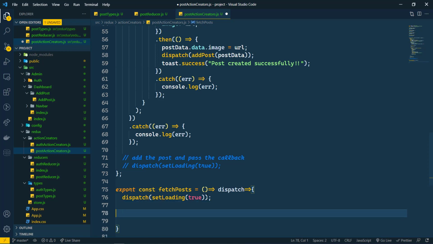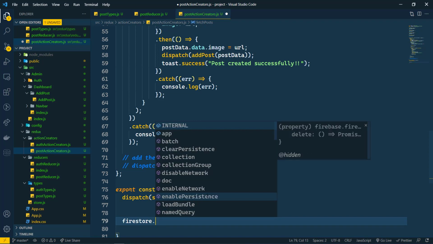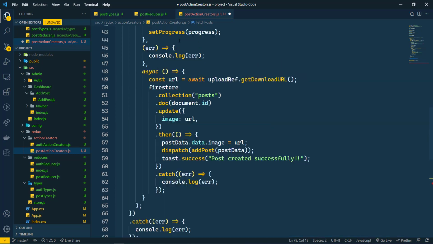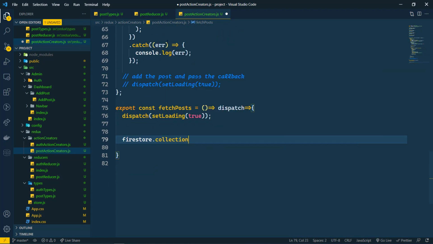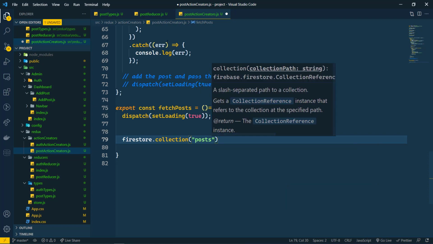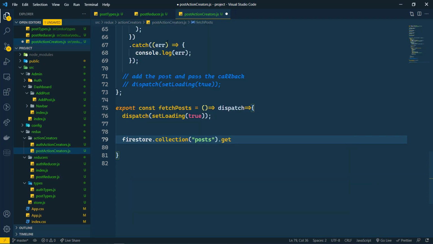Then we are going to fetch all the posts here. So I'm going to use firestore dot, so is firestore there? Yes, there is firestore there. So we are going to write firestore dot collection, and collection name is posts here, and we are going to get all the posts, and then dot then